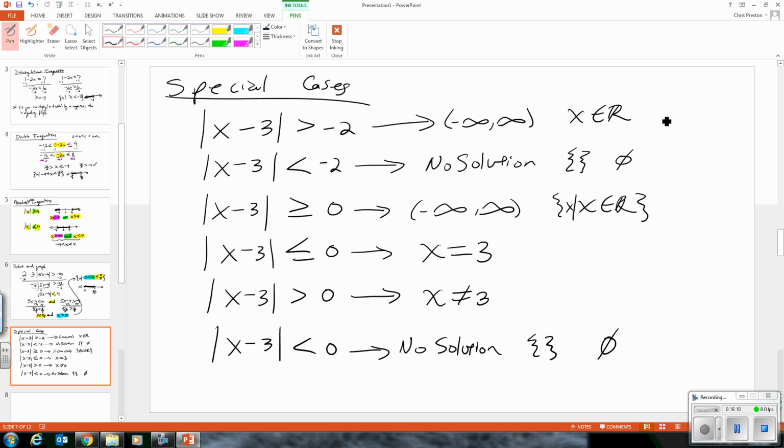Now, if you were to work it out, this is going to be an OR situation, and you're probably going to get something that looks like this. Remember we talked about that in that other video, ORs, if they're going in different directions, that covers everybody. This one, on the other hand,